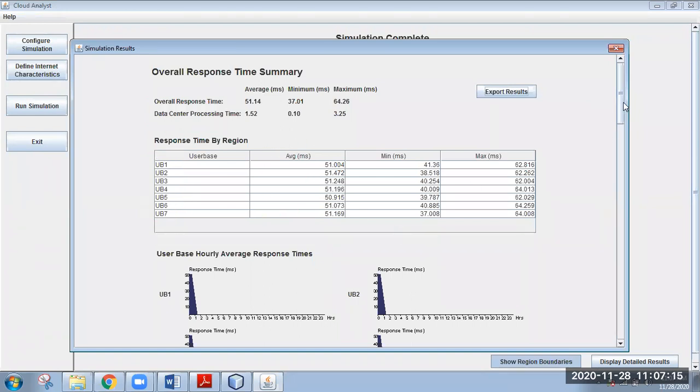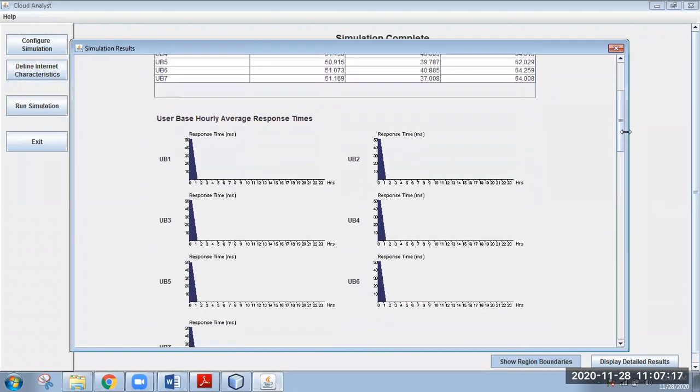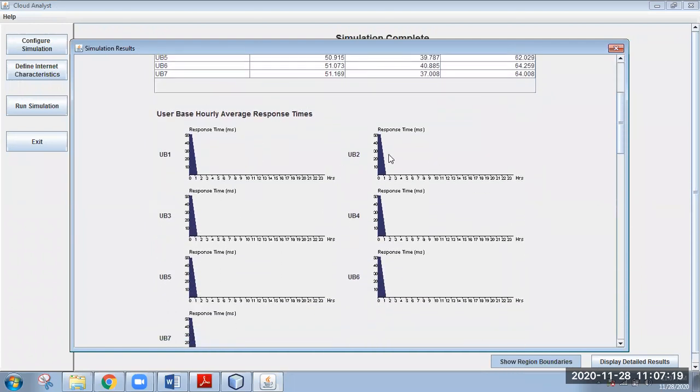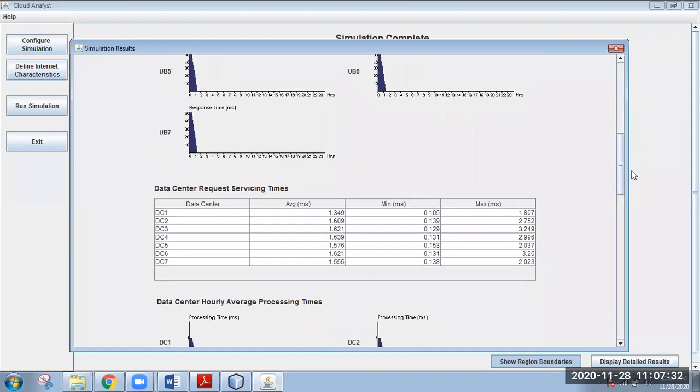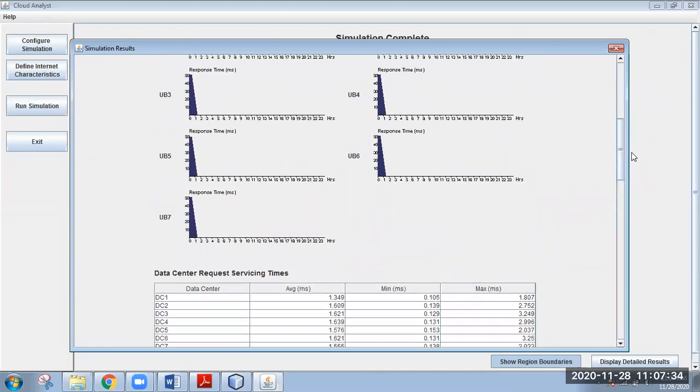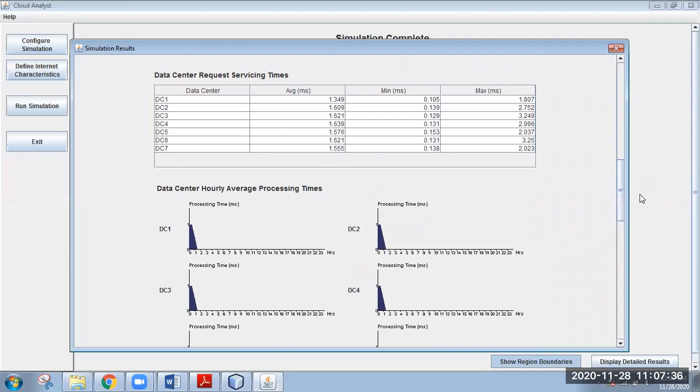And the user base hourly average response time you can also get graphically. Whatever result is represented here in tabular format, the average time, minimum time and maximum time, is also represented in graphical, pictorial form. Similarly, the data center average time, minimum time, and maximum time in milliseconds you can also get with their graphs.